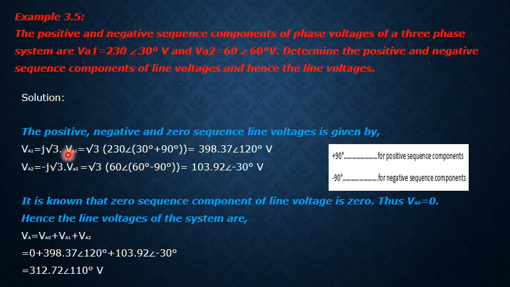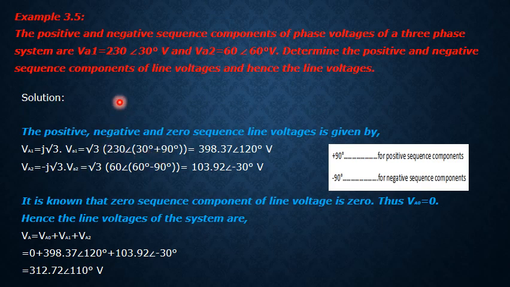So now simply substitute it over here. Then the equation further reduces. As we know, for the positive sequence component, the angle is leading by 90 degrees. So plus j represents what? It is plus 90 degrees for the positive sequence component, whereas minus 90 degrees will be there for the negative sequence component. So here we need to add 90 degrees also.